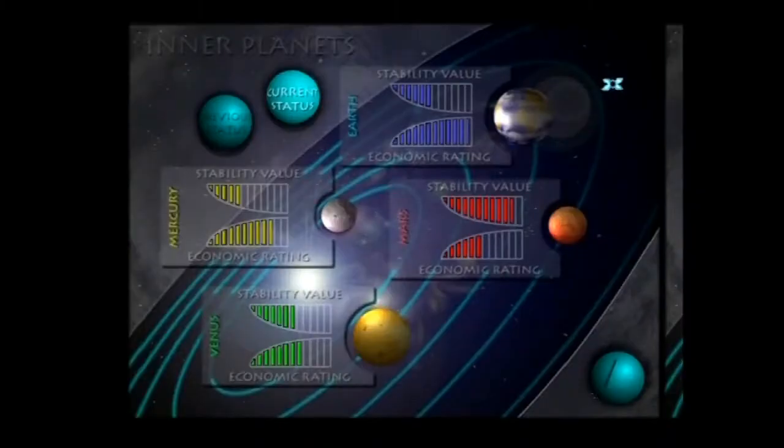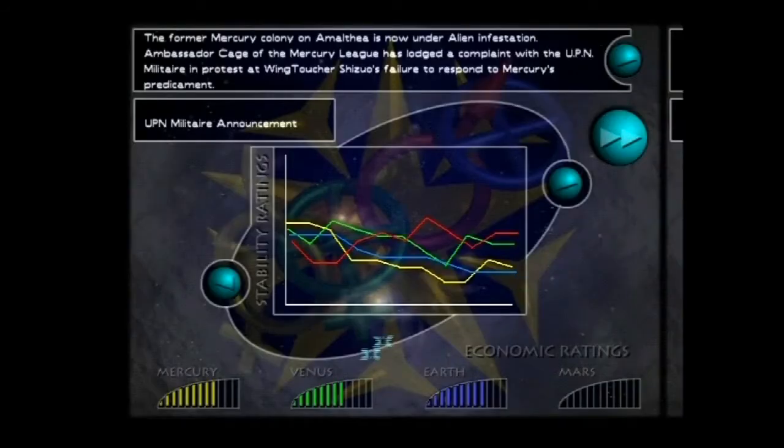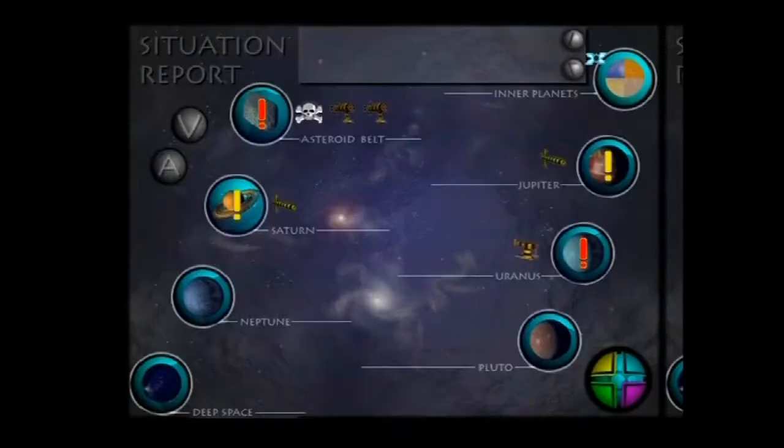So how about that much-touted political simulator? Well, it works like this. There are 4 factions represented by the 4 inner planets of the Solar System: Earth, Mars, Venus, and Mercury, and you play as the suspect-sounding Wing Toucher, whose job it is to ensure that each of these factions remains stable and part of the United Planetary Nations. Every turn on the situation screen, different coloured exclamation points will alert you of skirmishes going on in different locations. Each one of these having a small clip of FMV from each nation's ambassadors pleading their case as to why